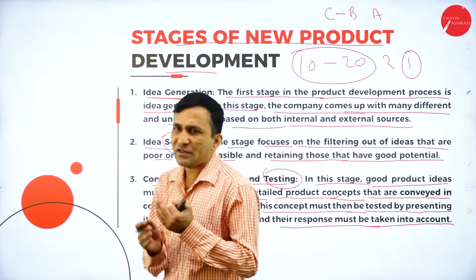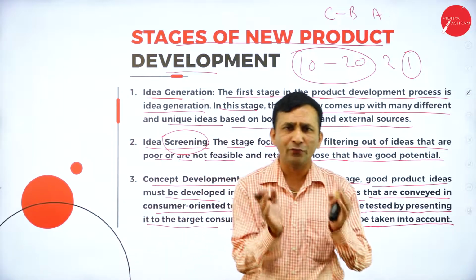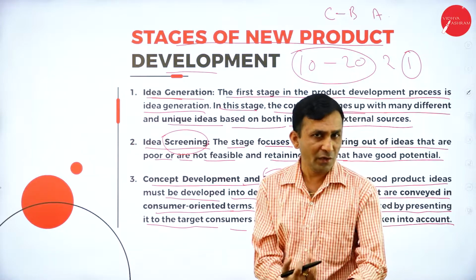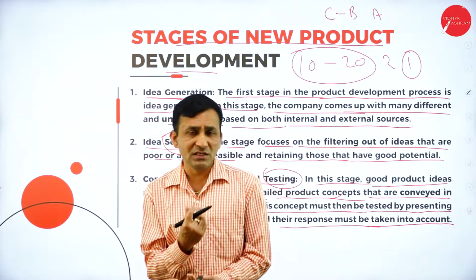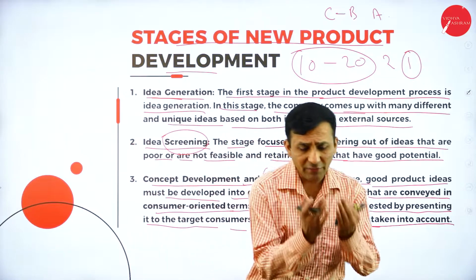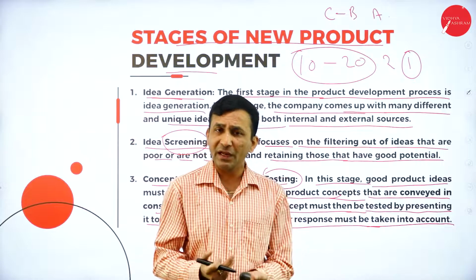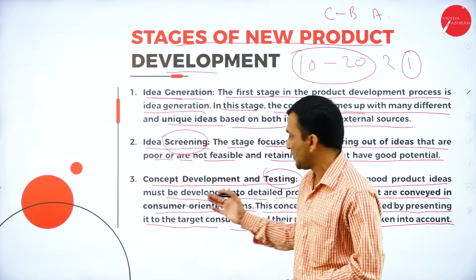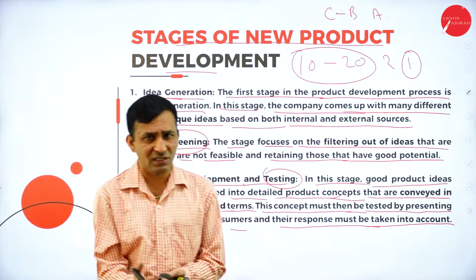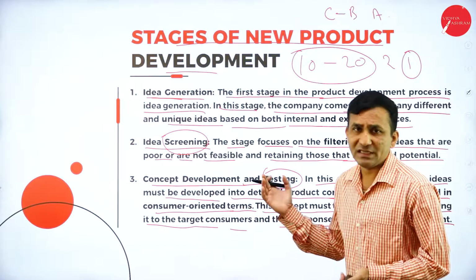Now, because of segmentation, when you are focusing on a segmentation, you have focused types of customer. The customer opinion is very important, and even the dealer opinion is very important, even the wholesaler opinion is important. Even when you are selecting a distribution channel, the distribution channel also plays a very important role. Each and every product has a different distribution channel, so which is suited for your product, you have to decide now.